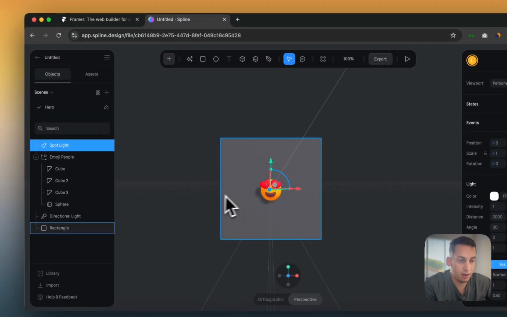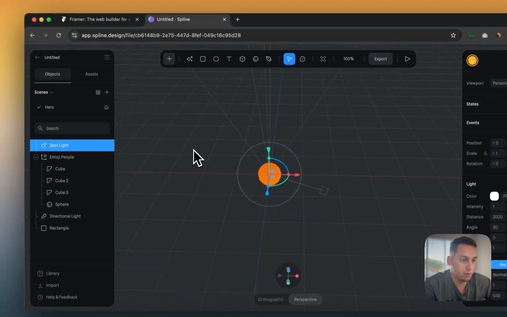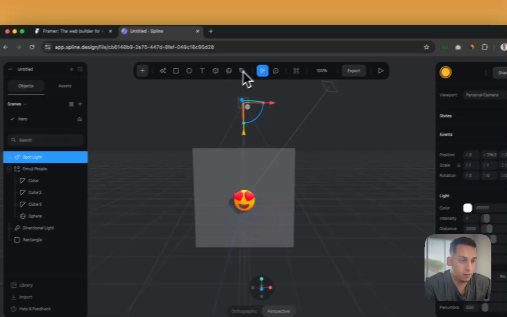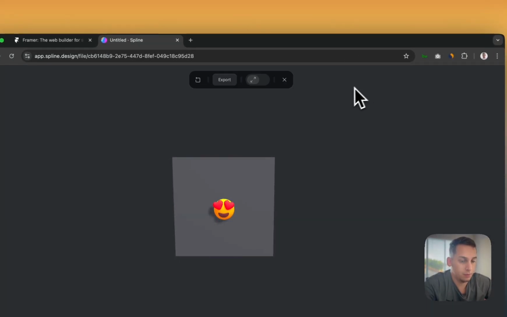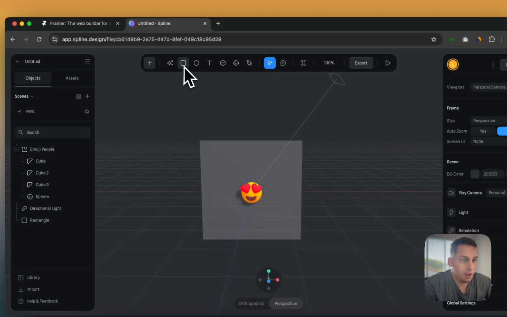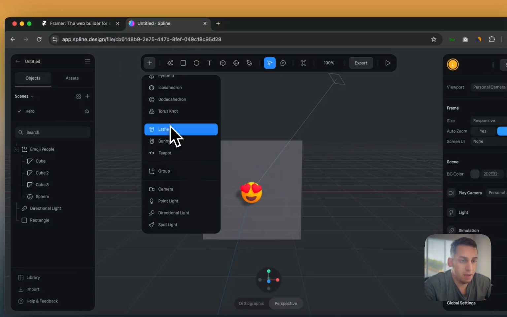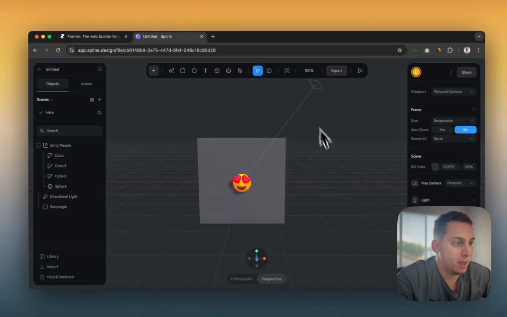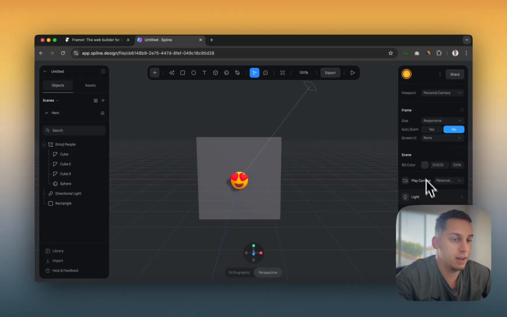So a spotlight we can add like this. And let's see if the spotlight is based on this specific character. We can't really see it right now, but eventually we will add this and we will see this. So apart from that, this is the main button here, and then we have other things here as well. And then over here on the right side, this is our editing of the properties of a